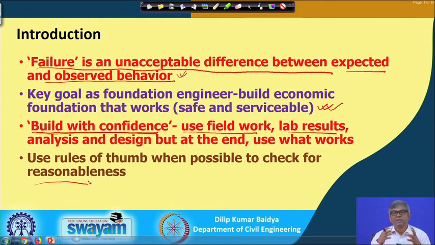So, that is reasonableness: you have to judge by some means that whatever result you have got is reasonable. Somehow by some means you have to check, and in the field, particularly in civil engineering, there are many thumb rules available by which one can make sure that whatever you are constructing is acceptable.